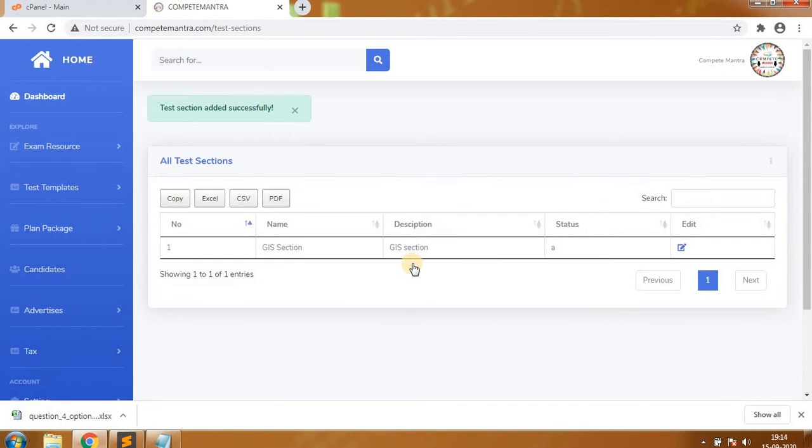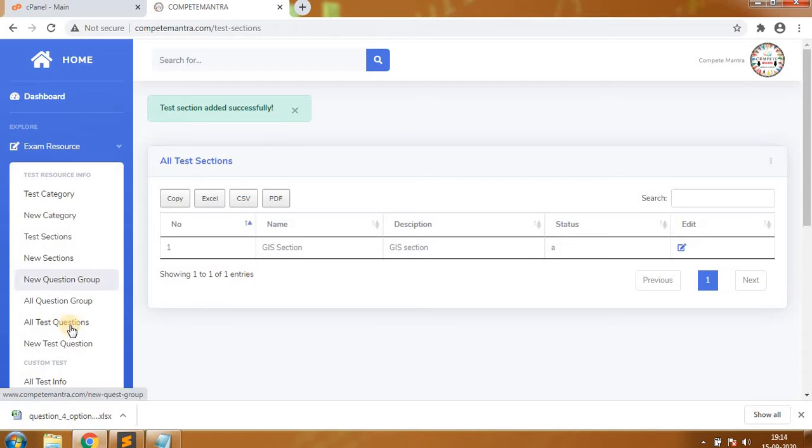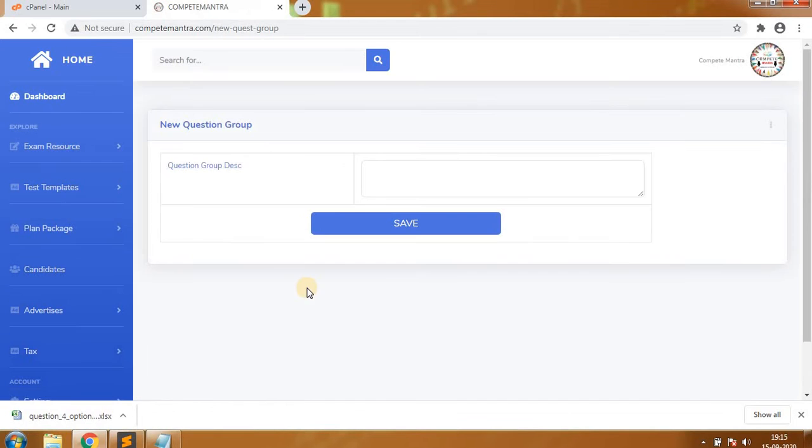Once the GIS section is created, now I am going to create a new question group. What is a question group? Group here refers to a unit. So if your subject has 3 units, you can have group 1, group 2 and group 3. But right now in this example, I will keep all the questions in one single group, that is, one single unit.